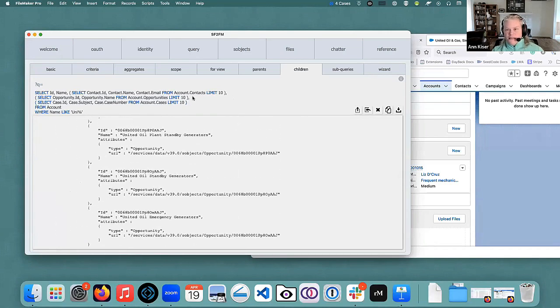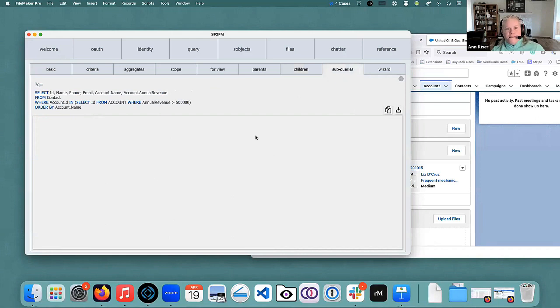So having these examples, I think, is really a good way to start learning the context of this and being able to experiment with this within the wizard. And then subqueries. So this one, we're looking from contact, we're pulling the contact name, phone number, email, and the contact's account name and annual revenue, where the account has an annual revenue over $500,000, and we want to order it by the account name. So if we were to run that,